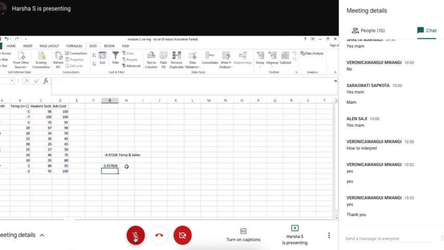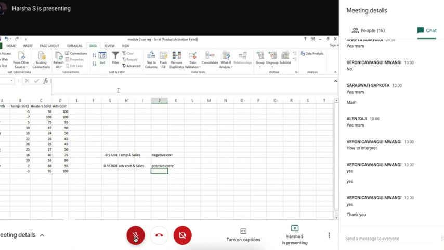Are you getting the same answer between the advertisement cost and sales? Here we call it negative correlation, and here we call it positive correlation. Am I clear? This is how you can calculate correlation using the data analysis tab and the functions.